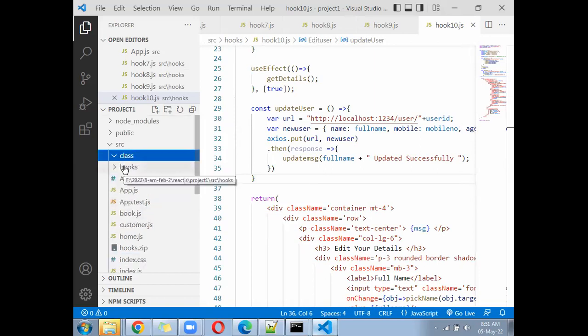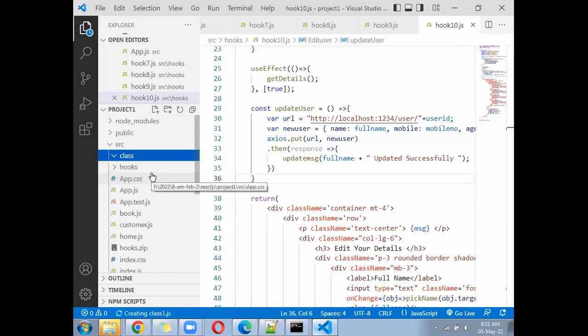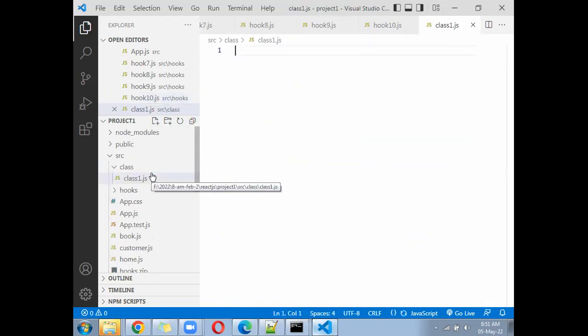You will give the file name called class1.js. In the class1.js file,